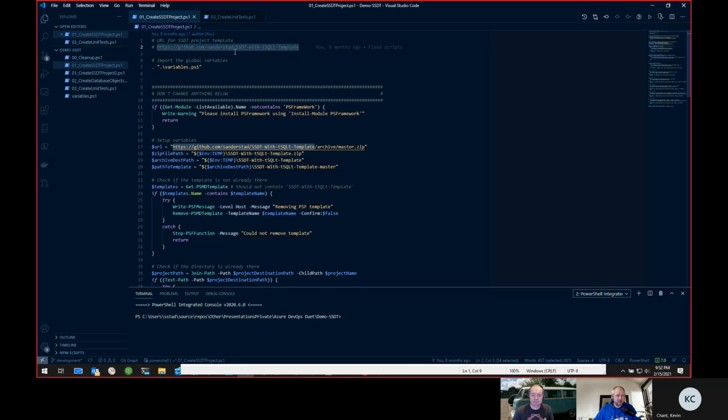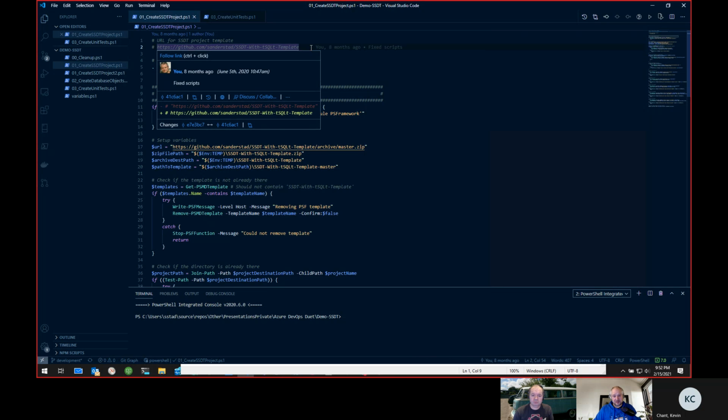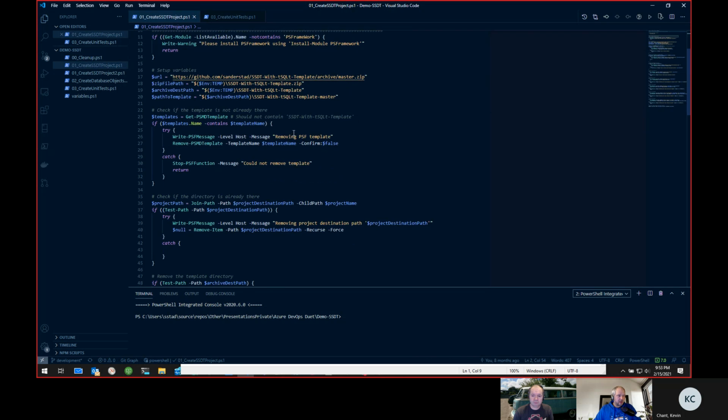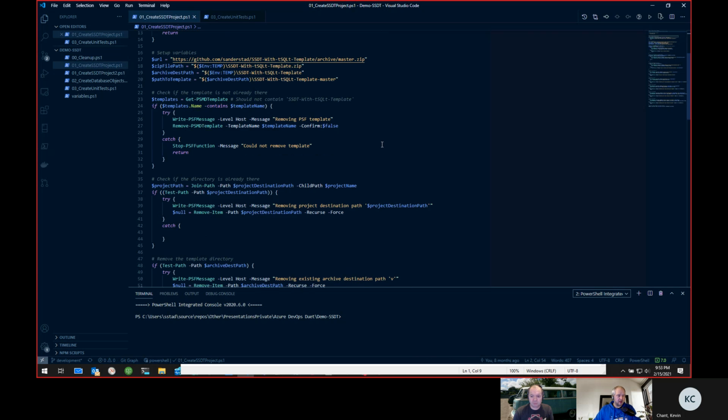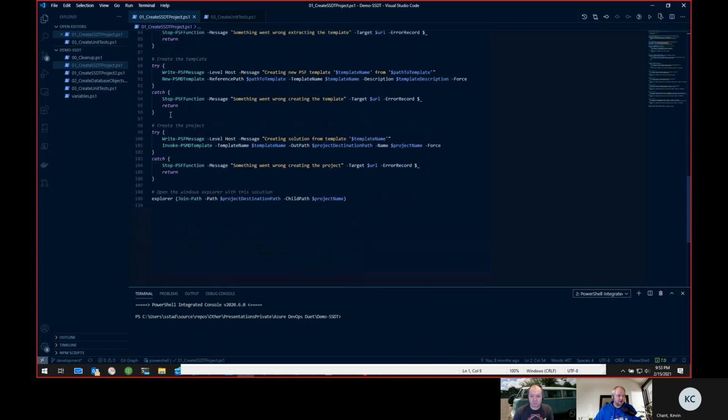So on my GitHub page, you can actually download this one, and it's called the SSDT with tSQLt template. And this is a lot of code, but what it does is it downloads the latest version and then installs it locally on my host. And then in the end, it runs this command, Invoke-PSMDTemplate. And what this will result in is a